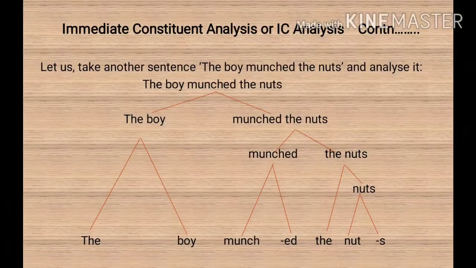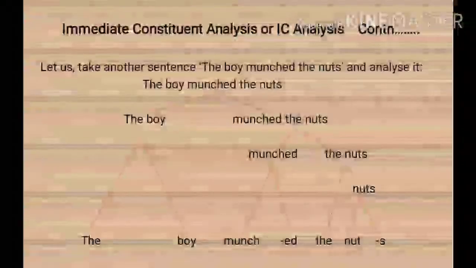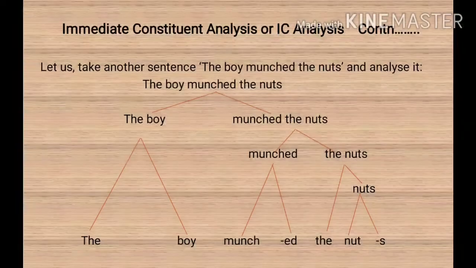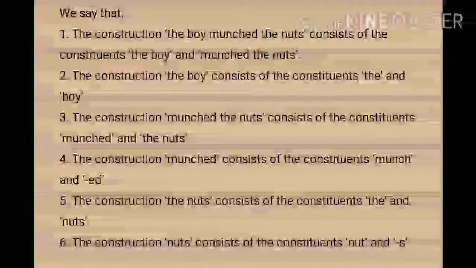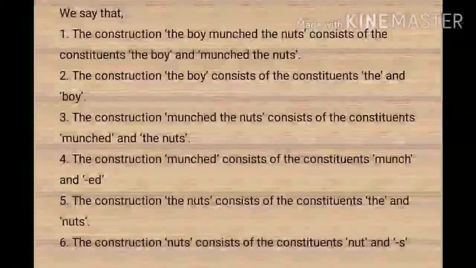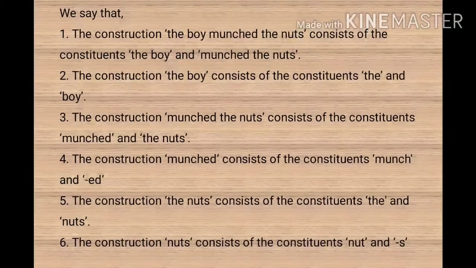The construction munched consists of the constituents munch and ed. The construction the nuts consists of the constituents the and nuts. The construction nuts consists of the constituents nut and s. So here you can see at each stage the two constituents are the immediate constituents or ICs of that particular